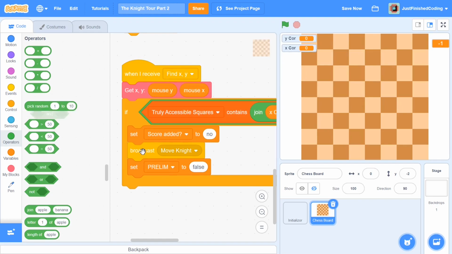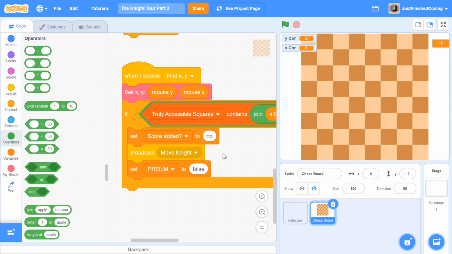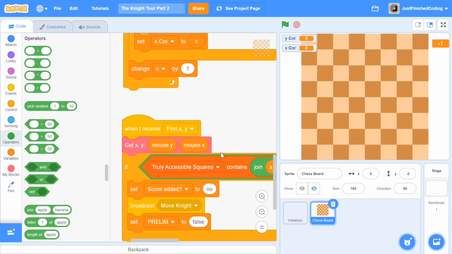And where was I? Yeah, the prelim. The prelim is going to be just allowing us to bypass that condition once, but the second time, once the user has already clicked on the square he wants to start, prelim's already going to be false, and so this condition has to be true for all of this to execute. So that's the general idea. And I think I'm really out of time right here. So that's it. That's what we'll be coding in this video.